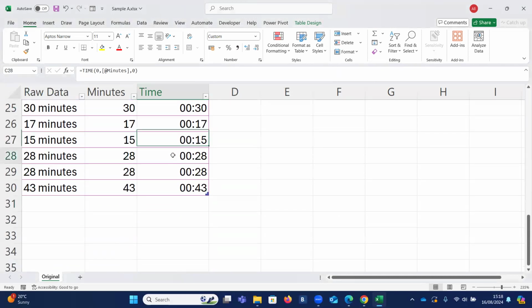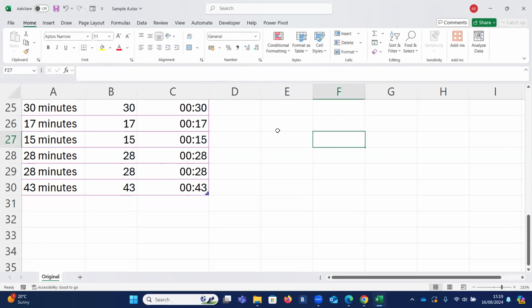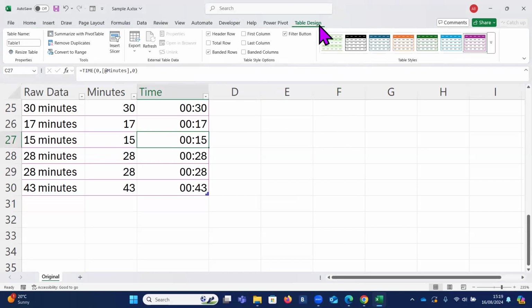And what I also want to do is add this together now. There's no point when you're using a table in having a sum function. Instead, what you want to do is make really good use of the total row. So make sure you're in table design, make sure you're in total row. And if you can't see that table design, it's very likely that you've clicked outside of your table. Just click back inside it and it will reappear. If I hit the tick for total row there, I will get something weird and wonderful,